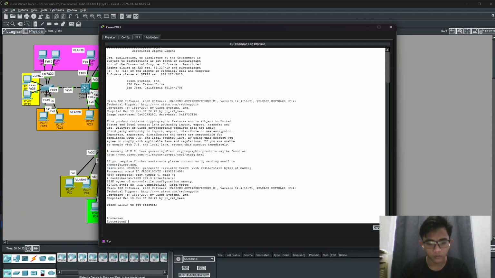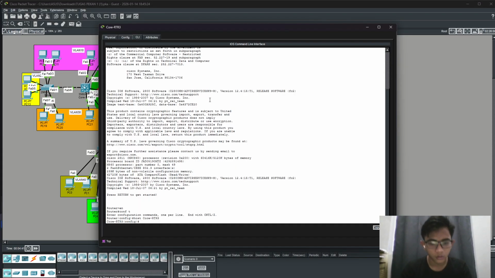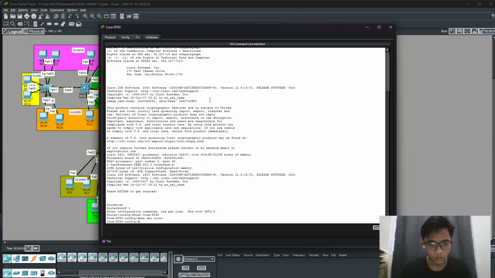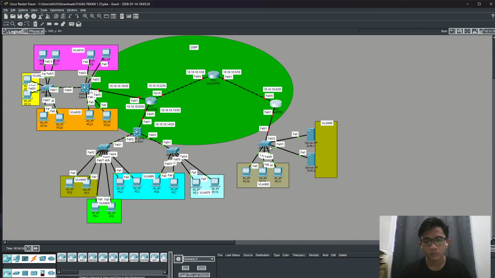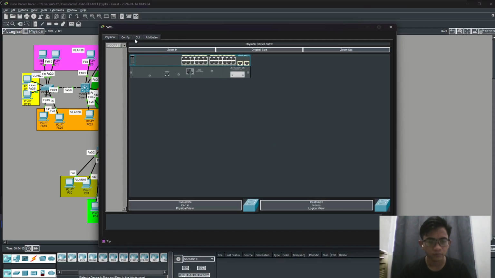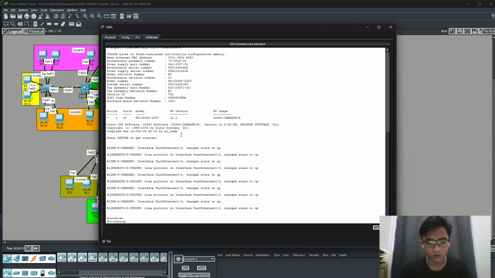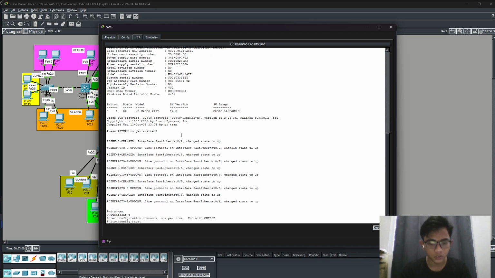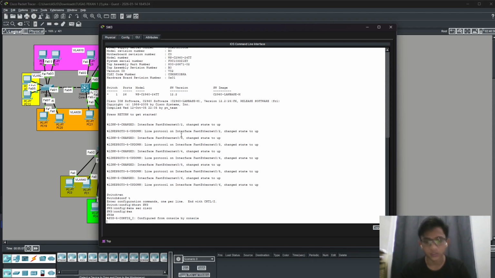Enable, configuration terminal. Hostname is CORE-RTR3, and enable secret is Cisco. Exit. Next here, CLI, configuration terminal. Hostname is SW3, and enable secret is Cisco. Exit.